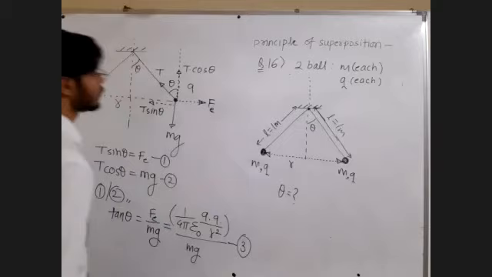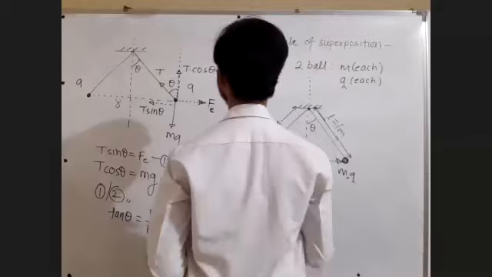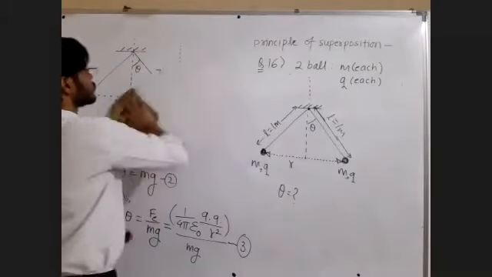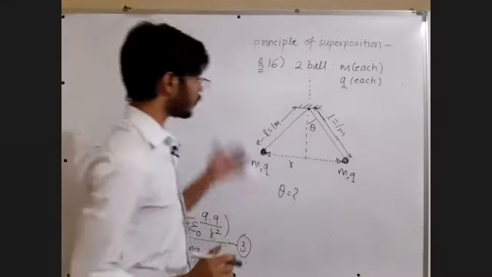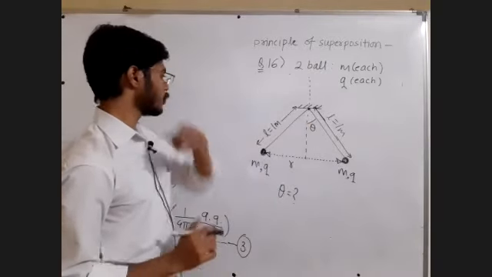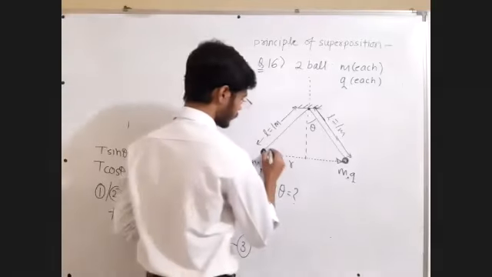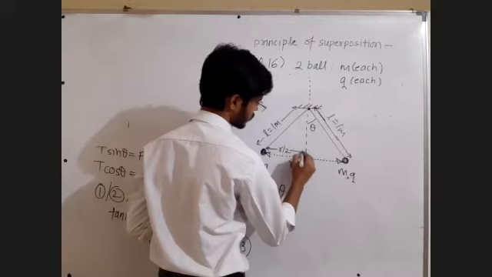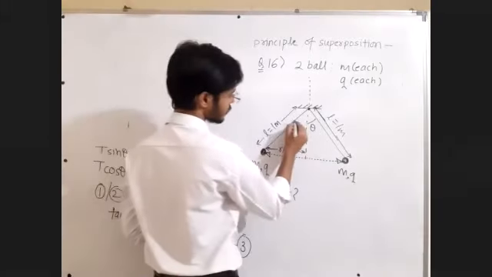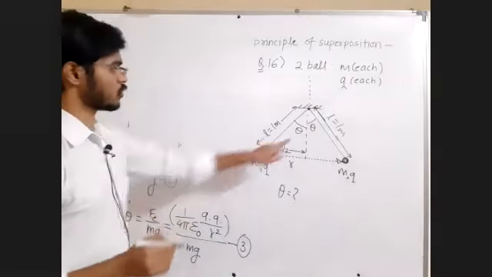Now let us try to find out value of small r. To find out value of small r, what we can do is this. Try to understand. Sir, this much distance will be r by 2. This much distance will be r by 2. This angle will also be theta because of symmetry.